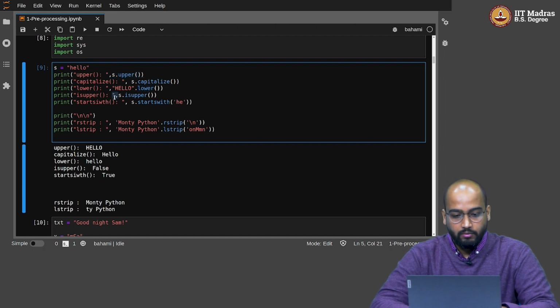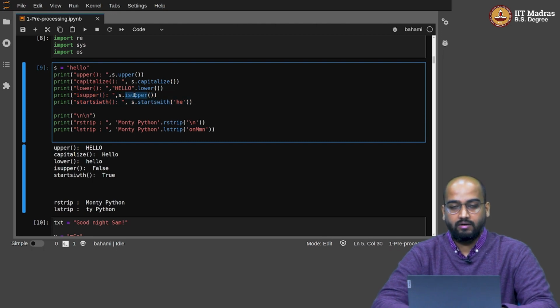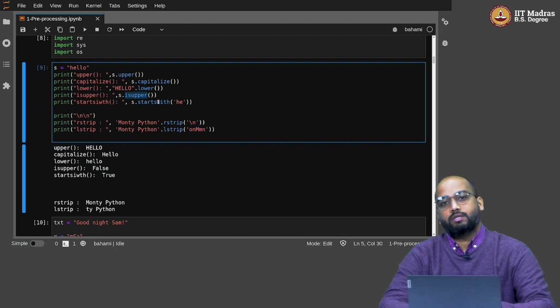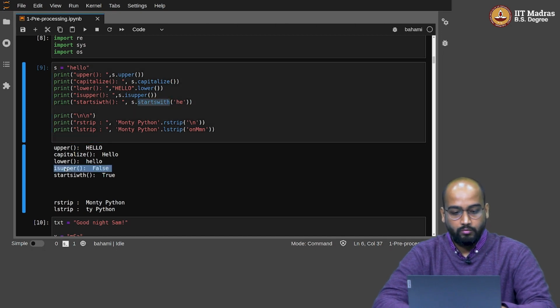And the string methods within Python also offer functions which give out Boolean values, right? So if you want to check whether a string is uppercased, you can just use this function called isUpper, and it will return either a false or a true value, right? Otherwise, if you want to check whether a string starts with a particular value or ends with a particular value, you can use startswith or endswith, right? So you can see the output of isUpper and startswith is a Boolean value, false or true,